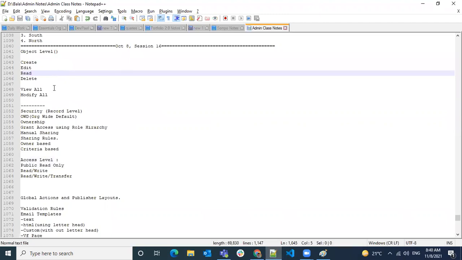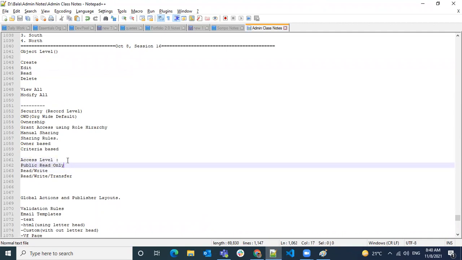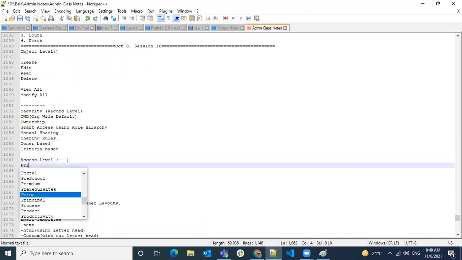How are you locking your house? Are you keeping a lock on every room, or only one lock for your house? Whether you lock or unlock is decided by your org wide defaults. Those are the options available.